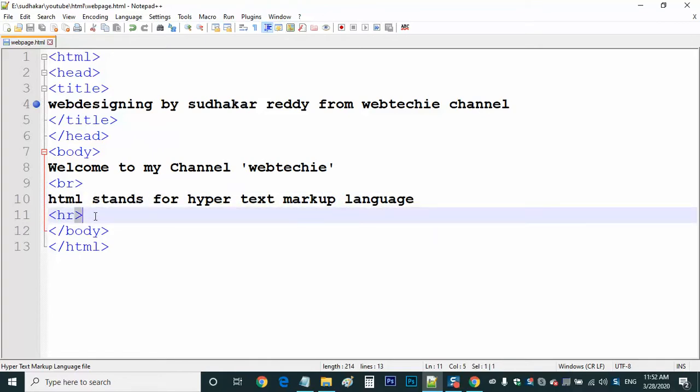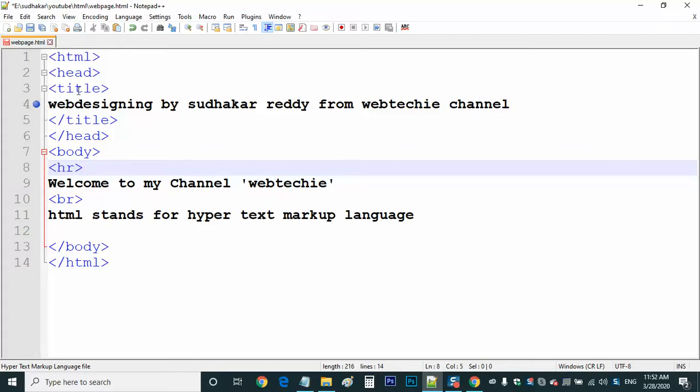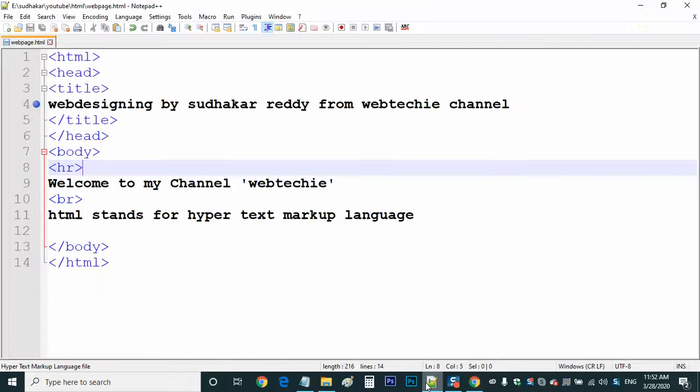So what happens? Can I place this HR? I'm cutting from here, I want to place it here. Can I do that? Yes, we can do that. I am placing it in the beginning. Now the output will be, the line will be in the beginning part. Can I add one more line here? Yes friends, we can add one more line also.